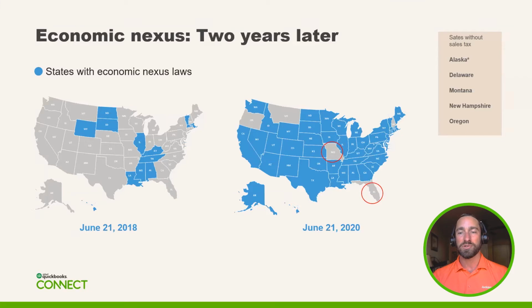Now, when you fast forward to June 21st, 44 of the 46 tax collecting states have adopted economic nexus. They put their own individual thresholds in place. And there's a handful of states on here that are worth pointing out. So there's 5 states that do not impose sales tax collections, and those are the NOMAD states, which are New Hampshire, Oregon, Montana, Alaska, and Delaware. So those states don't do sales tax, and we're just waiting on Missouri and Florida to put their thresholds in place. And at that point in time, all 45 states plus Washington, D.C. will have adopted economic nexus.